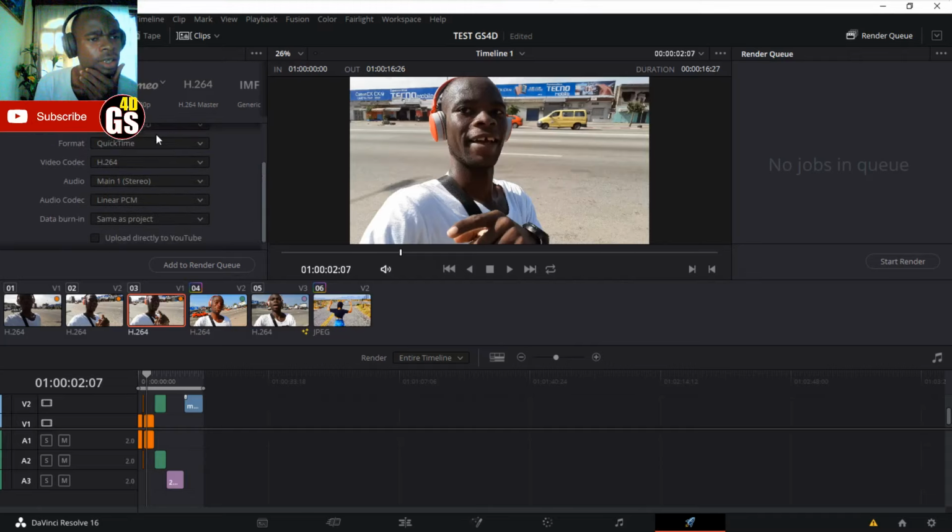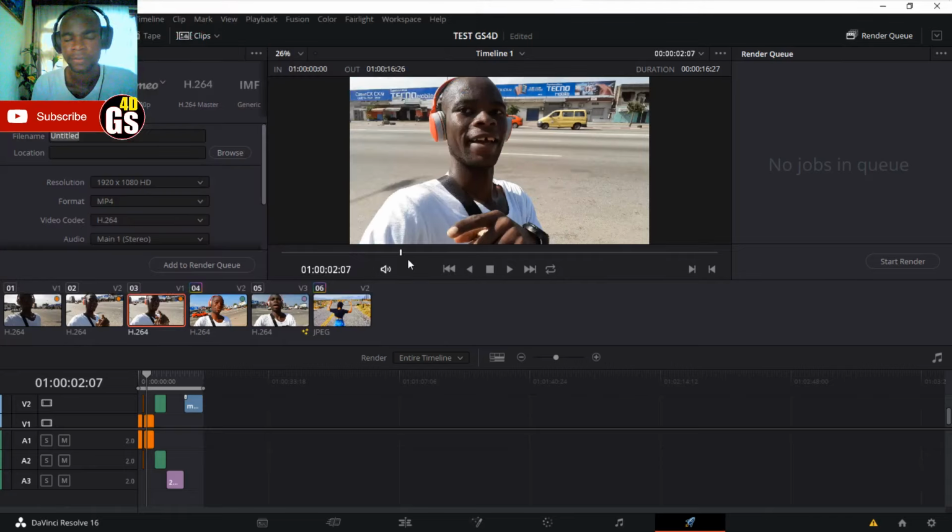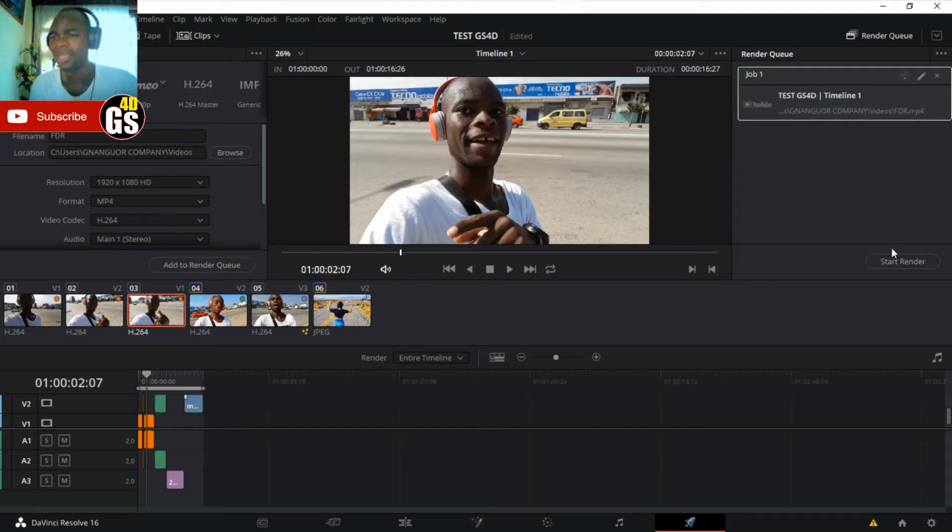As you can see, it's great. You can choose MP4 and leave all of this like that. And you absolutely need to choose the folder and rename your project, okay, like that. And this is great. And you can click add and add your project here and start the render like that, okay.